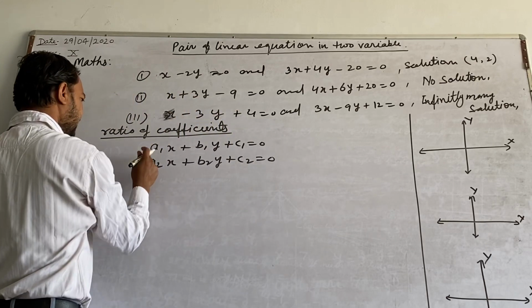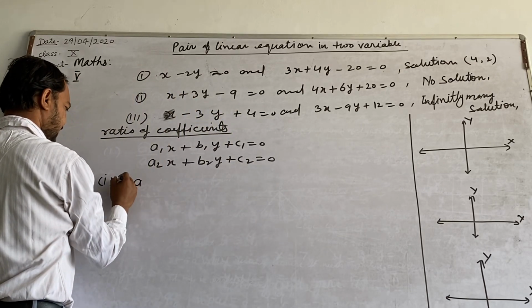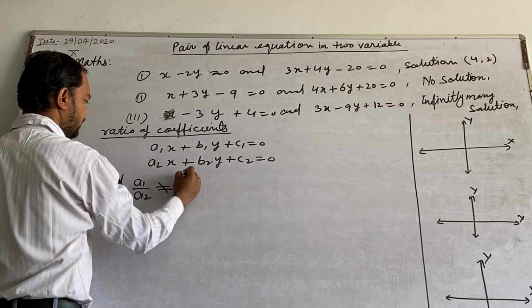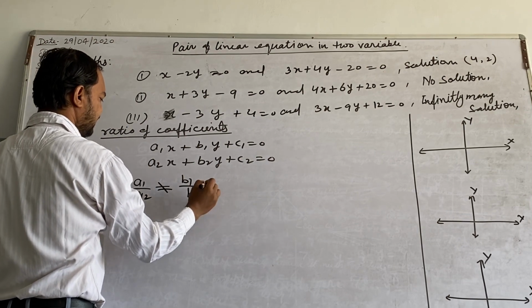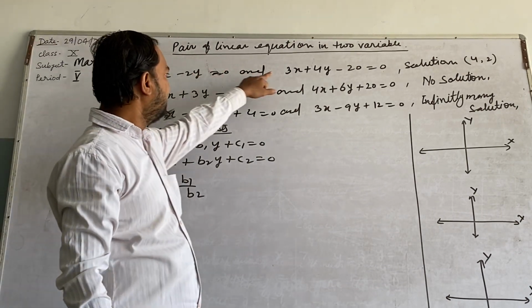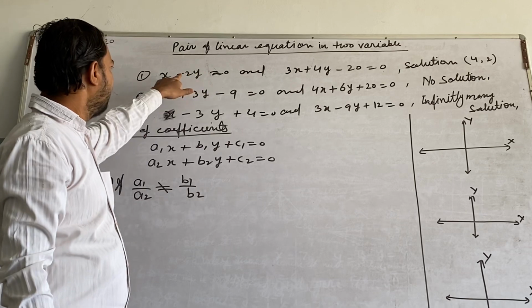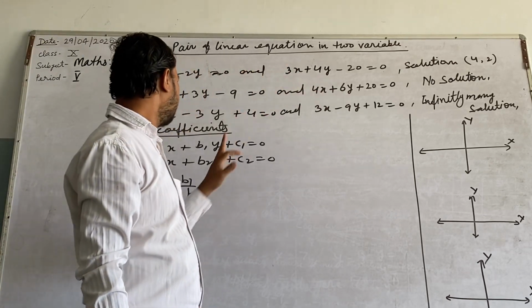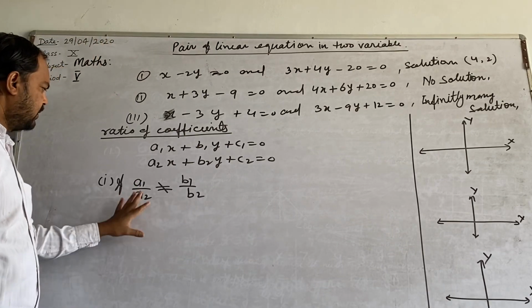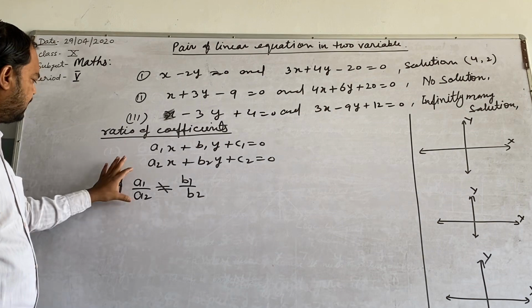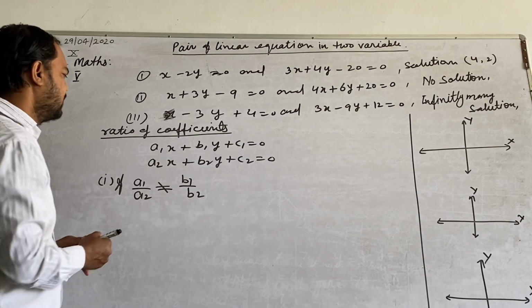So in the first case, if a1 upon a2 is not equal to b1 upon b2, right? You can see in the first case, a1 upon a2 is 1 upon 3, b1 upon b2 is minus 2 upon 4, it is not equal to 1 upon 3. So if there is this type of condition where the ratios of coefficients are not equal,